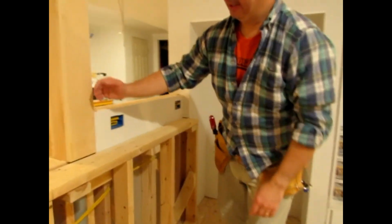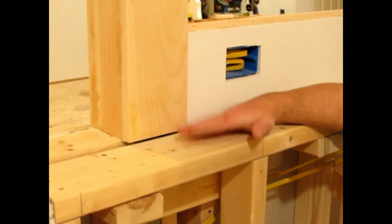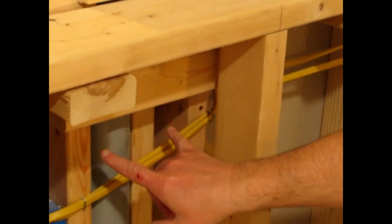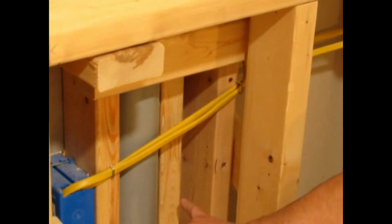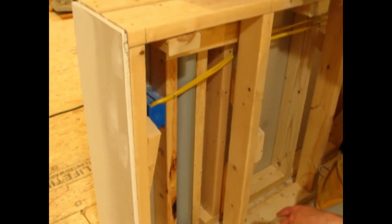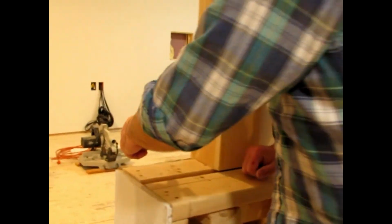Down here on this side, you can see that my box is going to end where, in this case, we're going to have a countertop, so where the countertop ends. Down inside here, you can see that the post is just running inside of these two framed half walls. There's no reason to hold this post anywhere down here. It's already secure. But on the other side,